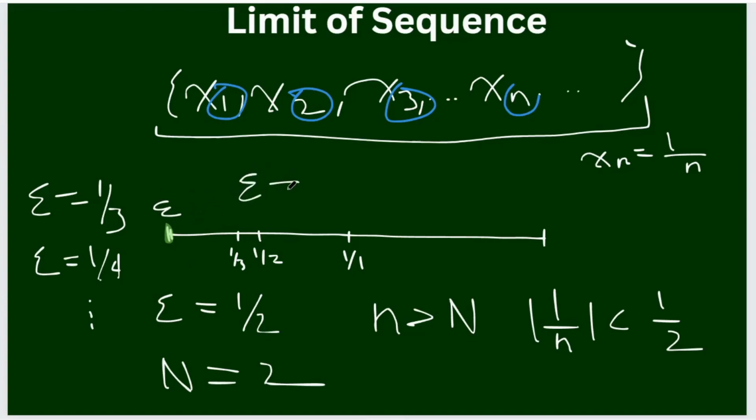However, epsilon cannot be 0. Epsilon is going to be a positive value. No matter how small, it's still going to be a positive value. And also here, you can see that even though it's very small, there are still values going towards the left, meaning there are still values that are smaller than this very, very small point here, right? Like 1 over 1,000, you can still find a value towards the left that is going to be smaller than 1 over 1,000.